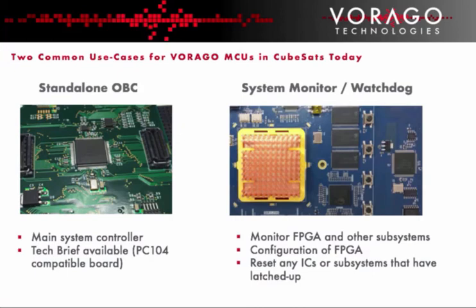The VA10820 is used in many new CubeSat designs. The objective of VORAGO is to provide components for any CubeSat budget. There are two particular use cases that are often seen. The first use case is as a standalone onboard controller. In many cases, the 50 MHz performance and low power consumption is ideal to provide a rad-hard central control system